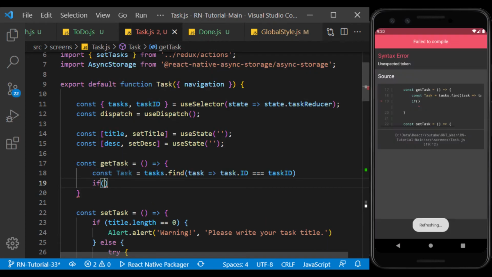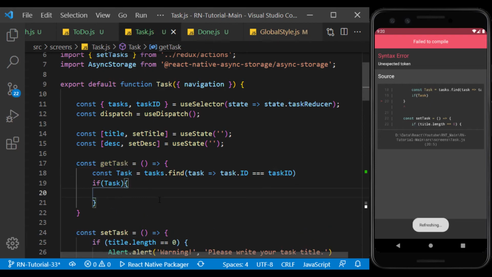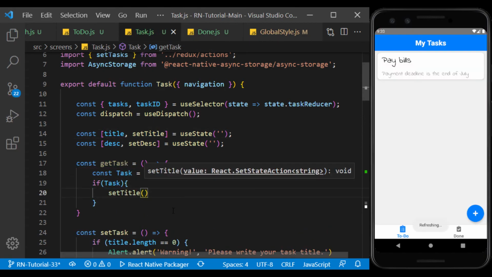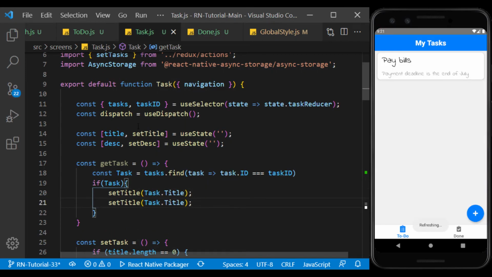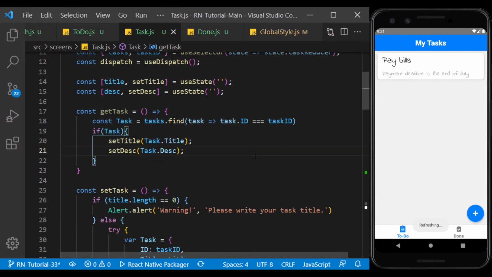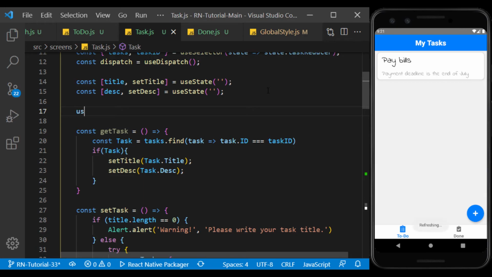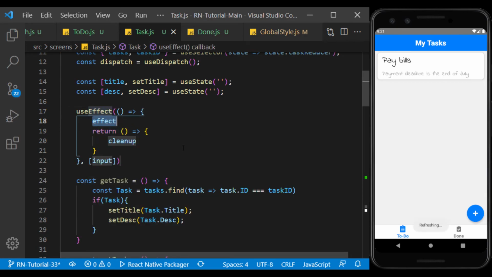And if a task is found, we save the data in the object in the states of this page. Now I use the getTask function in useEffect to run when the page opens.